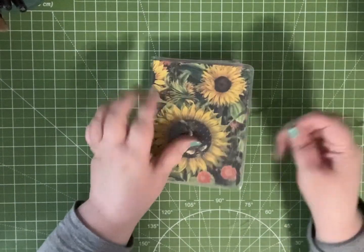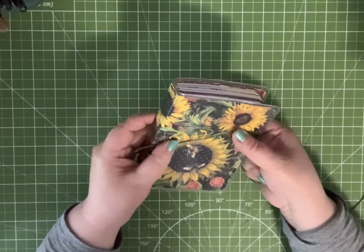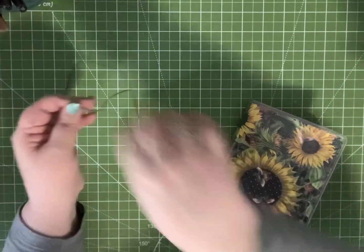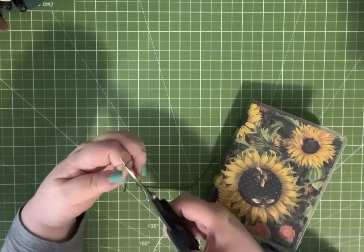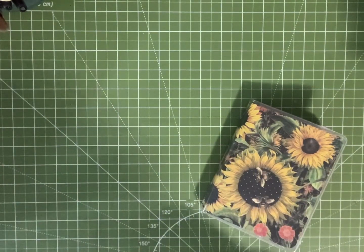And then for the cover, I'm just going to use the same elastic that I used for the inside. I'm not sure how many inches that was that I just cut off. 14, 13, and I've already